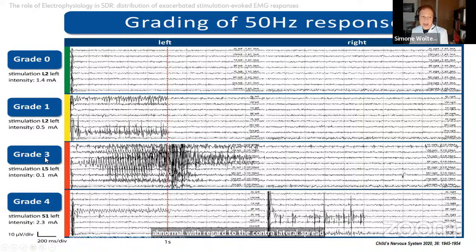At grade 3, we stimulate L5 left, which is abnormal in view of discharges at multiple levels. Grade 0 on the top of the screen, however, signifies the absence of abnormalities and responsiveness to high frequency stimulation. And let's bear in mind that 30 to 50% of the rootlets per nerve root are to remain intact, preference being given to the lower graded ones.